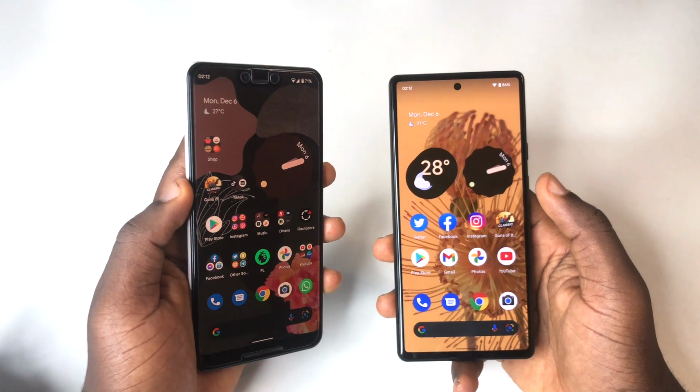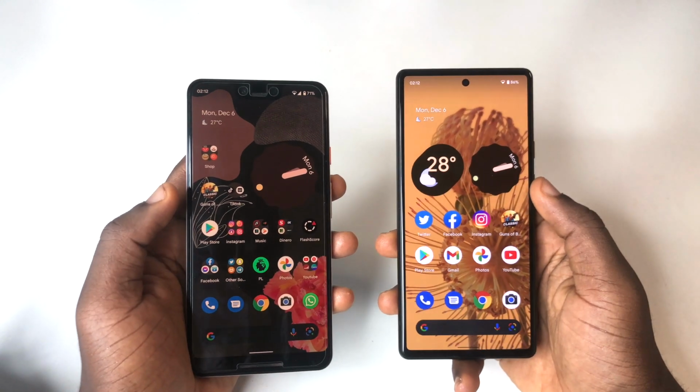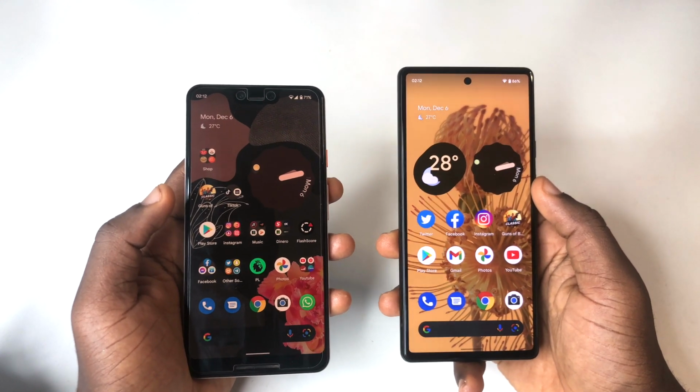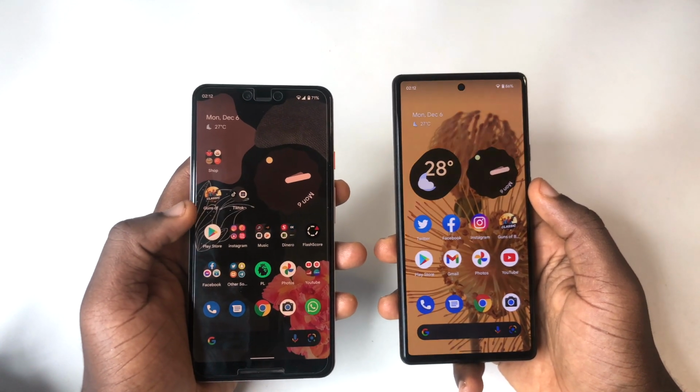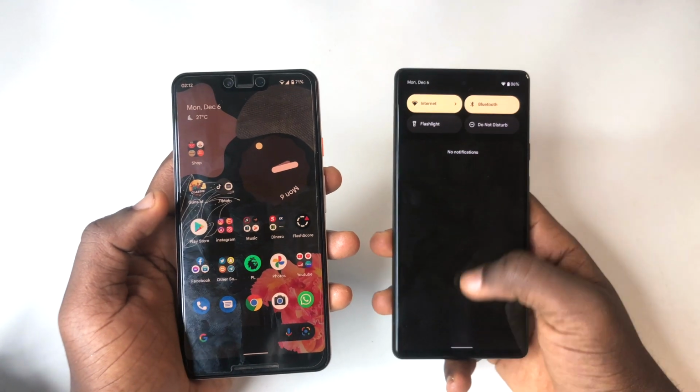So this is the Google Pixel 3 XL and this is the Google Pixel 6. In this video, we are going to be doing a speed test, which is probably going to be one of the things you might consider in case you want to upgrade from this Google Pixel 3 XL to the Google